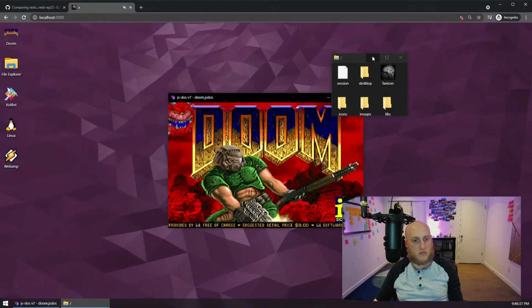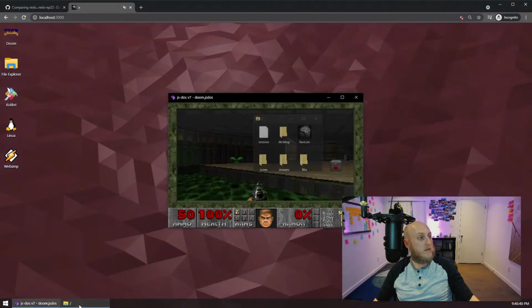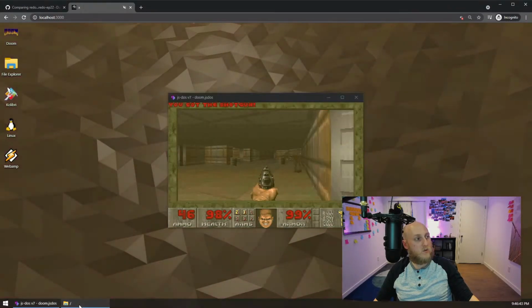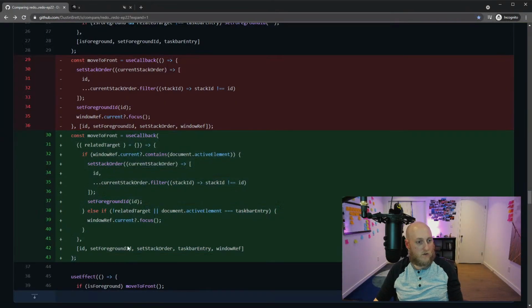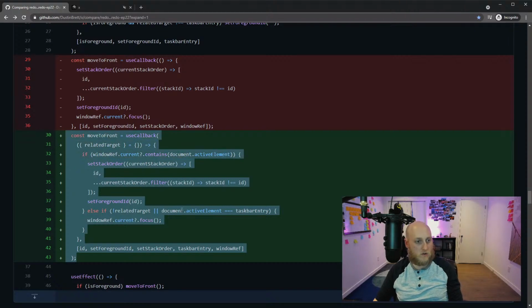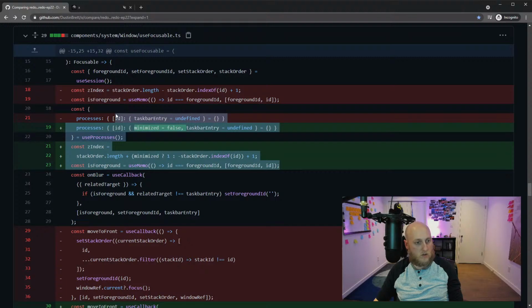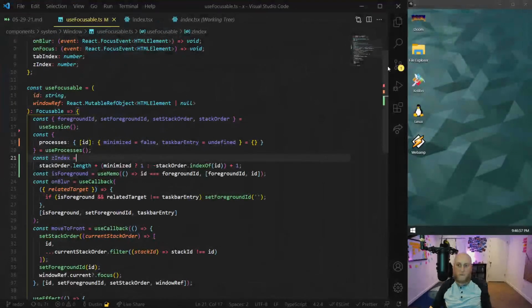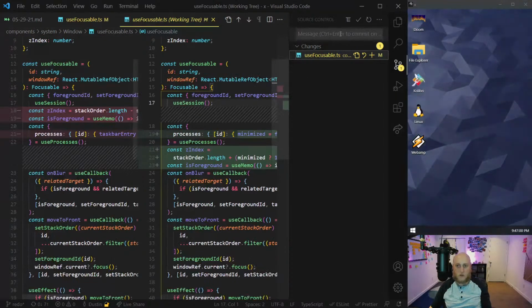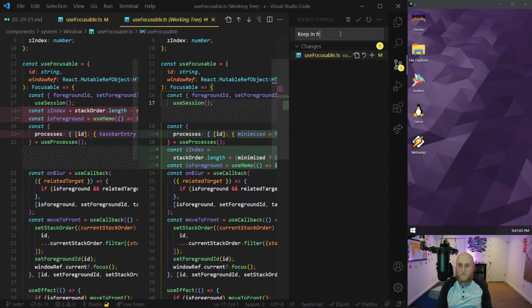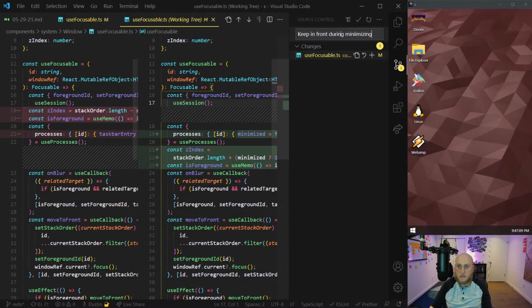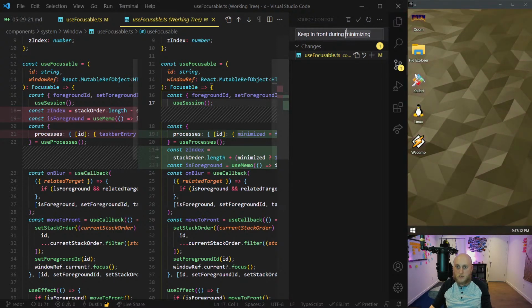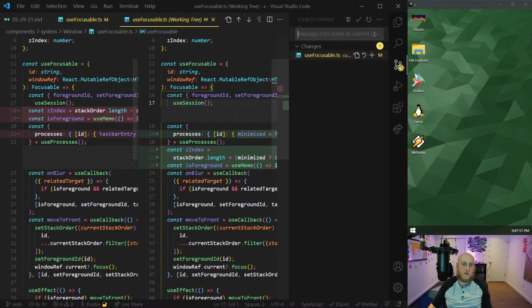So let's try again. Minimize. That did it, actually. You see, as it was minimizing, it was clearly in front of Doom the entire time, whereas before it was slipping behind. So it's a good thing I tested that before I got any further. This is some other fix for some other thing, maybe that other issue I mentioned. We'll get to that in a second. But this is all that was required for what I just did there. So let's give that fix a name. Keep in front during minimizing. Minimizing? How many M's and I's are in minimize? Minimizing. I don't care if it's right anymore. I'm done with it. There we go.